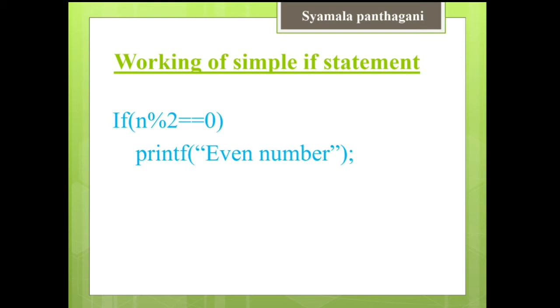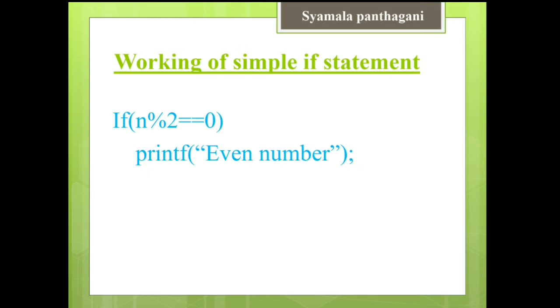Here, modulus means I have written here percentage. In the programming language, we call this percentage the modulus. The working of this modulus is that it returns the remainder, not the quotient.